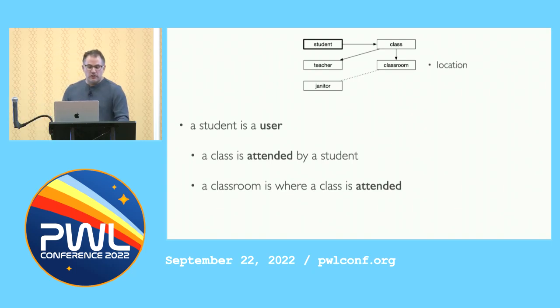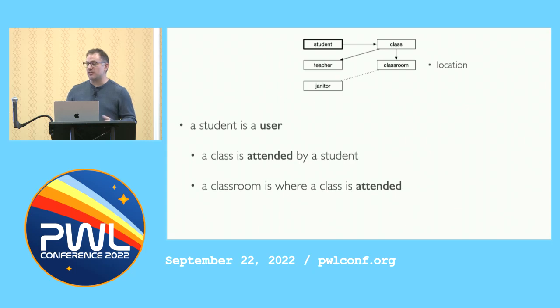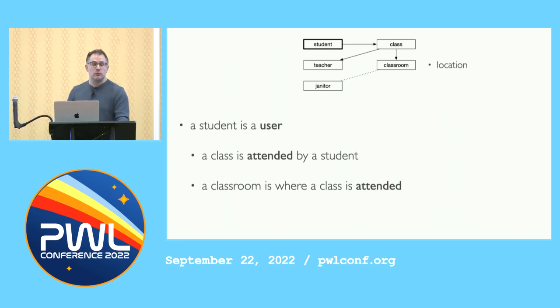And notice here that we've gone from undirected edges to directed edges, right? Because in a relational database, there are no directions to those relationships, but once we put it in memory, references point somewhere. And objects contain other objects, and typically it is our user that contains all the other things. And so this provides a path through them, right? If the student is a user, then we pass through the student to reach the class in the classroom. We take on the perspective of the student when thinking of the class in the classroom.